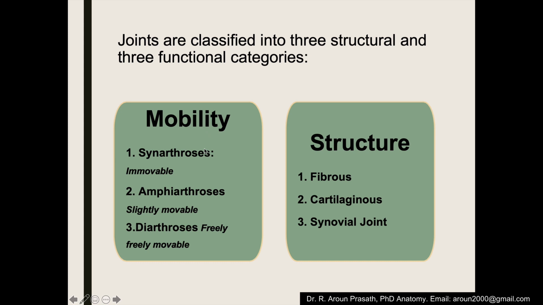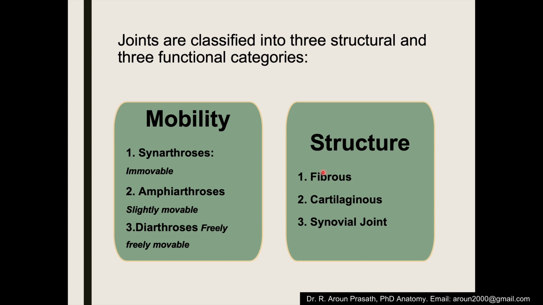In other words, the synarthrosis or immovable joint is also called fibrous joint. The amphiarthrosis or slightly movable joint is also called cartilaginous joint. The diarthrosis, that is the freely movable joint, is also called synovial joint. So these three classifications, synarthrosis, amphiarthrosis and diarthrosis, are also called immovable, slightly movable, and freely movable